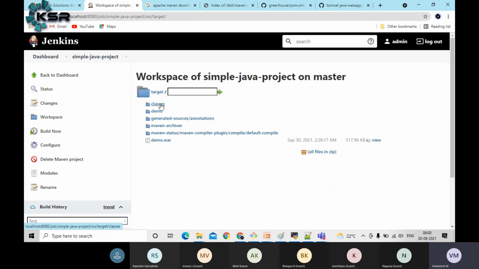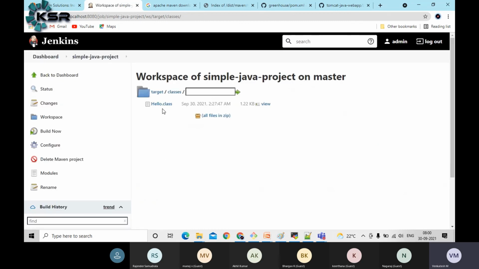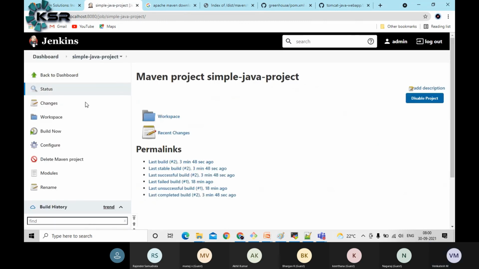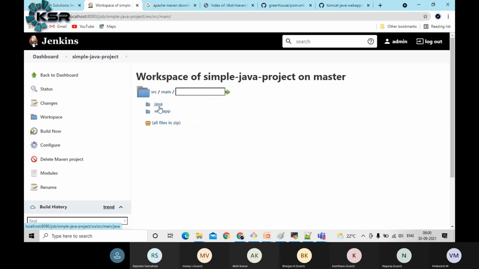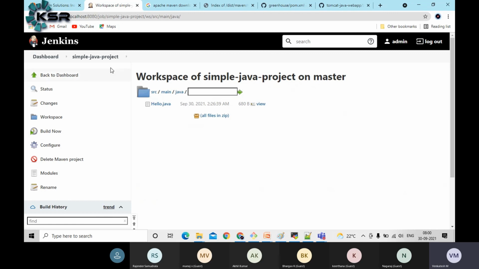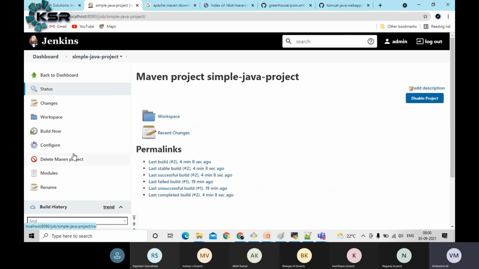This is the WAR file. I have only a single Java file. That's why I have created a single class file. hello.java became the hello.class file. I have compiled the code. Finally, during our building section, it will create a WAR file. That's the functionality, guys, of Maven.